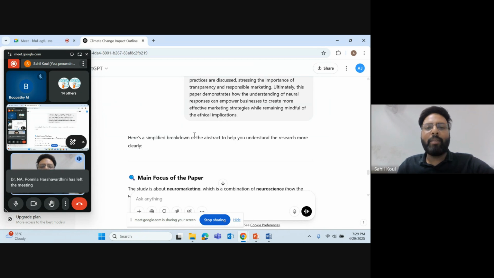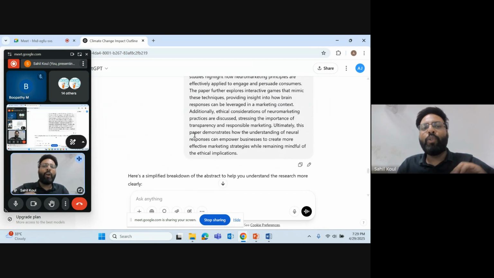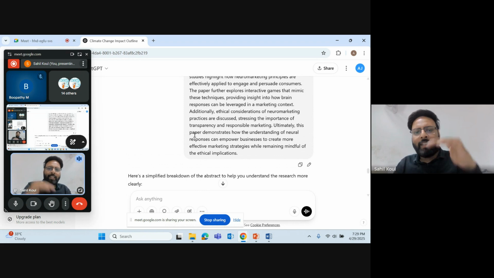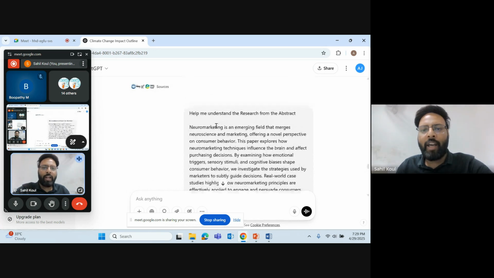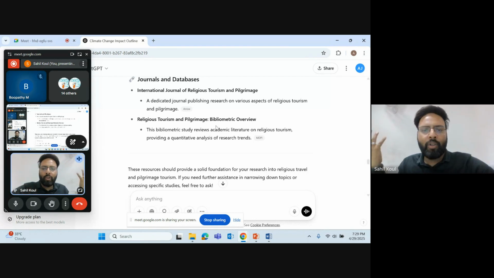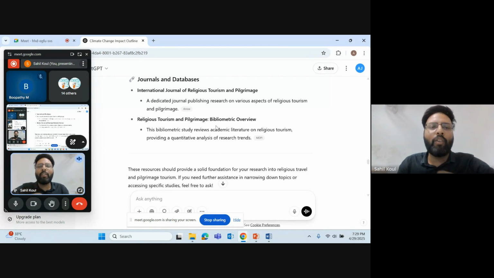So this is the entire conclusion of the paper that I got from this ChatGPT. So this is how ChatGPT can be used. There can be n number of cases where we can use ChatGPT also. This is summarizing. Now, what I did was I elaborated this entire neuromarketing abstract into understanding of the abstract. Similarly, what I can do is I can copy the entire paper, put it in here, and then get the